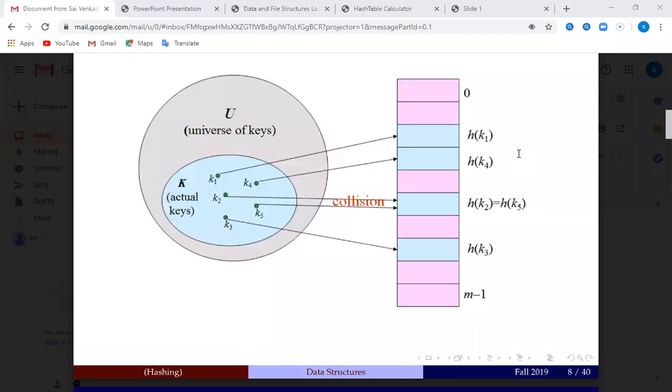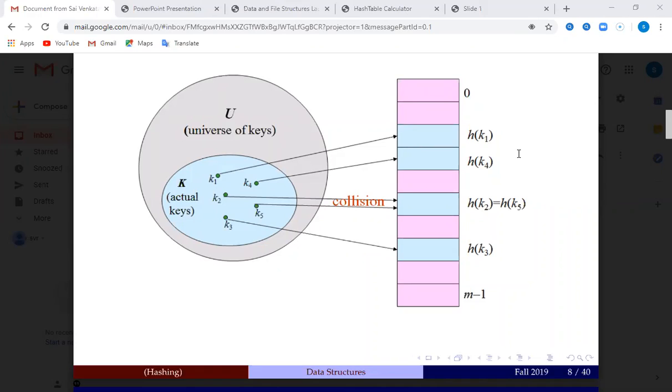Suppose in this situation, that is what you are seeing here in the hash table, key K2 and key K5 are stored at the same location. That's why we are getting a collision. Collision means if two keys are trying to store at the same location, then we get a collision.